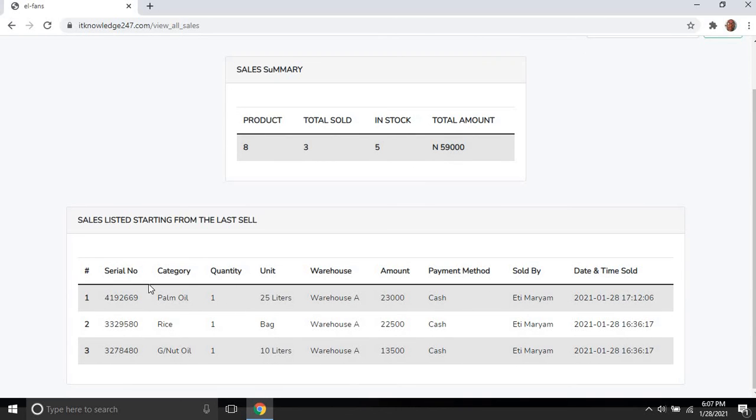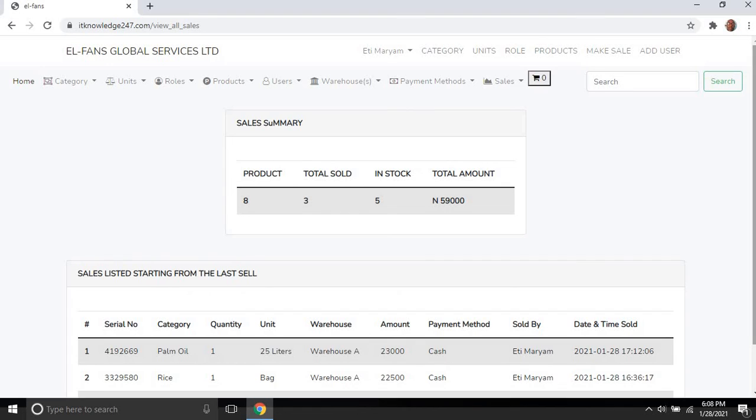Okay, this is telling you sold palm oil. This is the latest sale that has just been made. 25 liters of palm oil. This is the amount paid. This is the warehouse bought from. The method of payment was cash. The person who sold this, and then the time and date this was sold. Okay, so like I said,